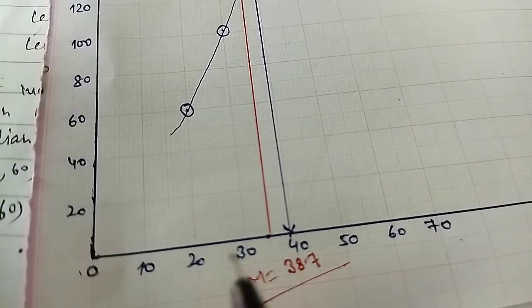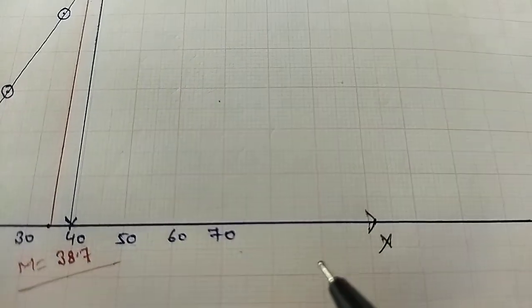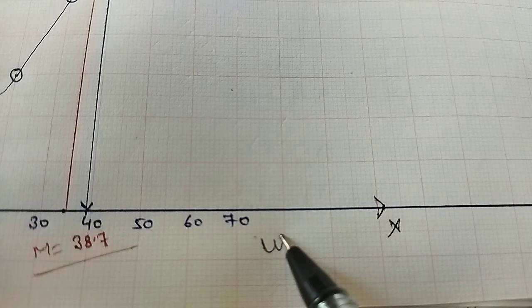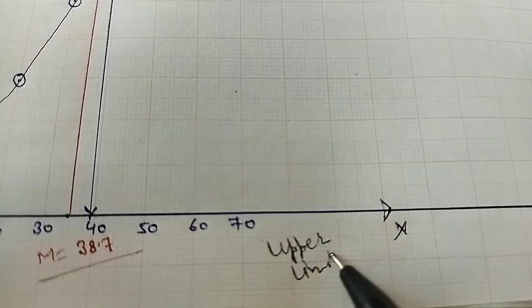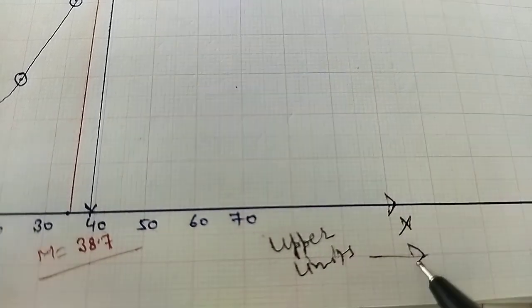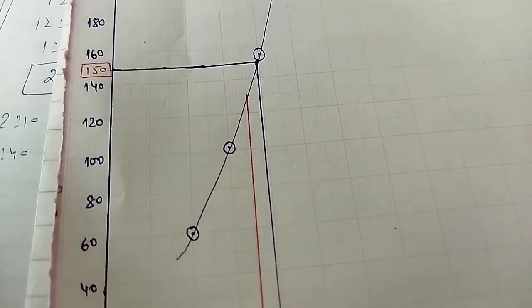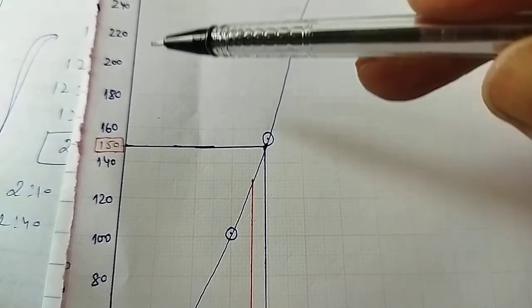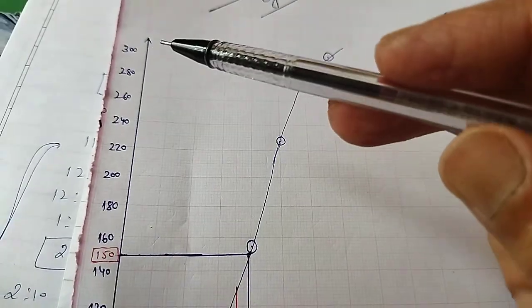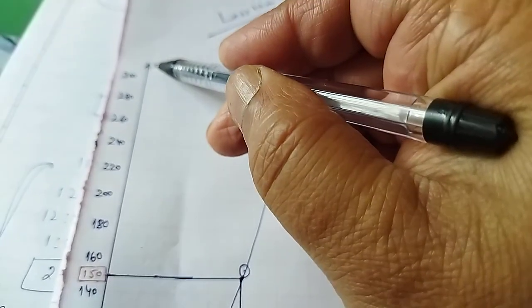Write down all your class intervals, and these class intervals here you have to take are the upper limits. So please mention that along the x-axis you will be taking the upper limits. Then along the y-axis you have to draw the cumulative frequency. This is the cumulative frequency you have to take along the y-axis. So you need to mention there this is your y-axis.